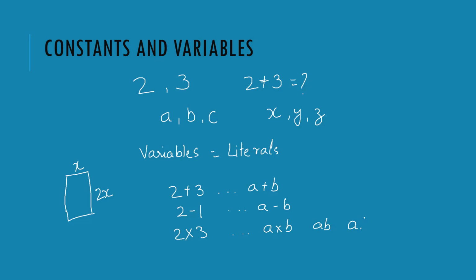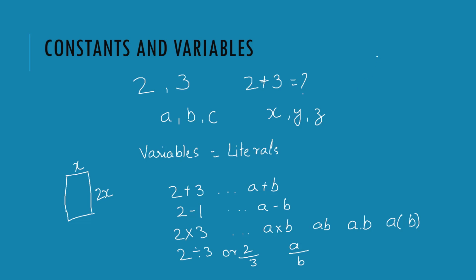Yeah, you can also write them as a dot b. That also means multiplication. My God, so many ways of representing the same thing. Right. So the way you do 2 divided by 3 or 2 upon 3, here you can write a upon b. Understood. So whatever operations you can do on the constants or numbers, you can do here on the literals as well. Okay, and let me tell you a few more things that will help you.